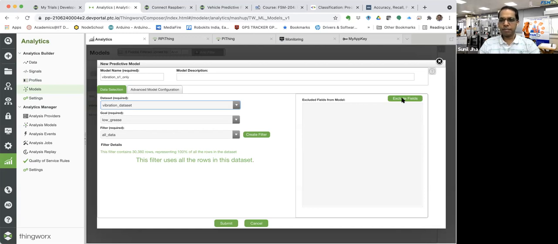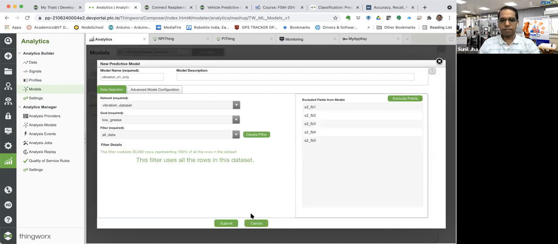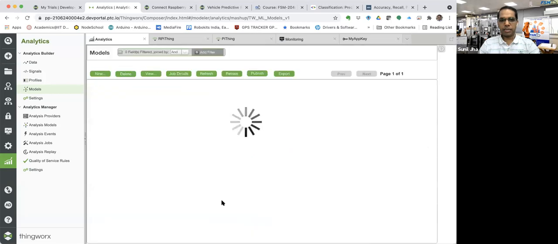I will click this, and now these are all the fields coming over here. I will exclude all the sensor 2 data and keep all sensor 1 data. So I have set the field to exclude S2, and save and submit.